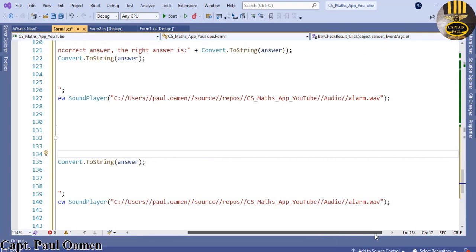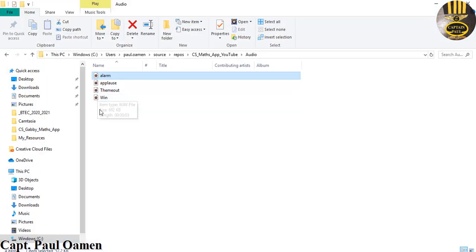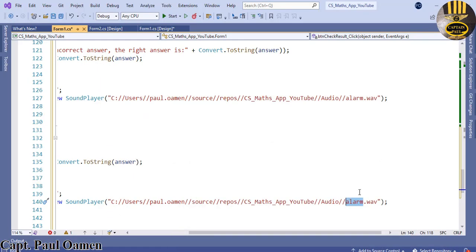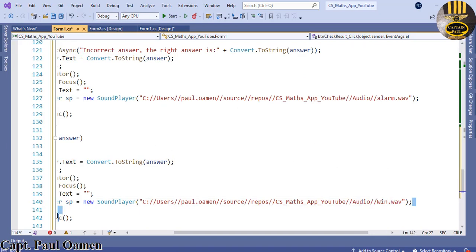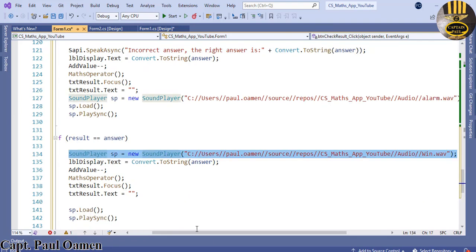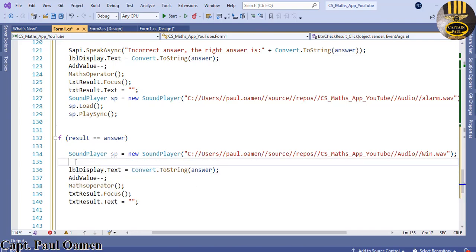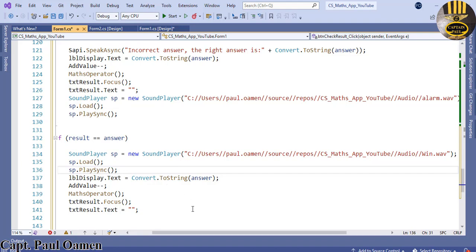So let's grab hold of this, and I'll just change this to win. I think I do have an audio sound called win. That is it right there. So let's just change that to win. There. So grab hold of all of these and just paste it right up there, or just highlight and drag there. And I will also grab hold of these, cut that off, and just paste them right underneath there. There we go. Now, instead of losing a point in this case, we've actually gained a point, and I